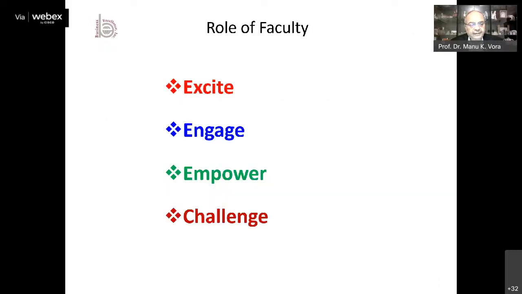What's the role of the faculty? They need to excite the students first about the knowledge, about the topic, its importance, and real world application. Then you engage them, use the 12 items to create magic in the classroom. Then you empower them by giving them the right resources and then challenge them to tackle the difficult problems. And once they are grounded with the principles,